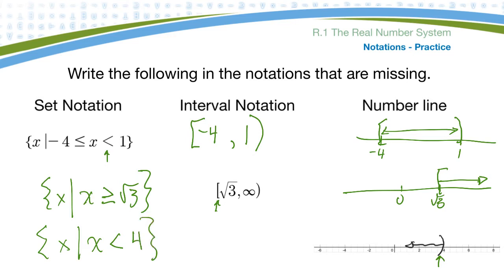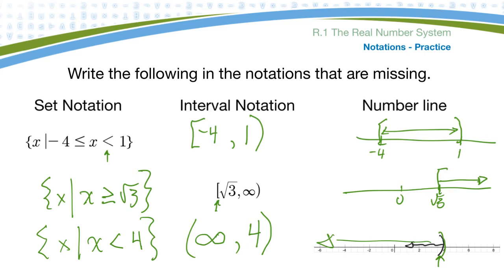Now to do this one in interval notation, it goes on forever this way, so my smallest number would be negative infinity. But the largest number I can get up to looks to be about 4. Can I include 4? No, because it's a curly one, so I just leave a curly one there. Right, hopefully that